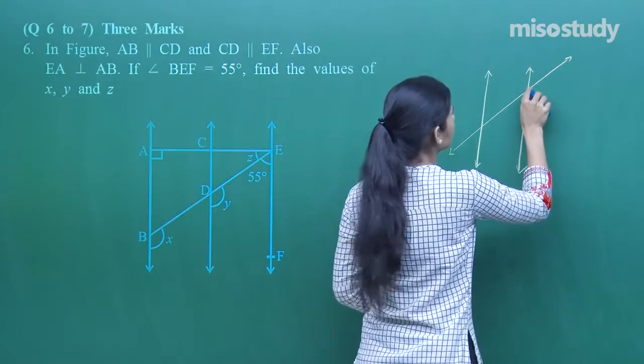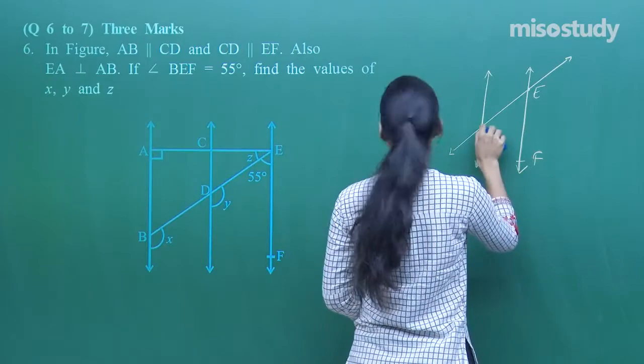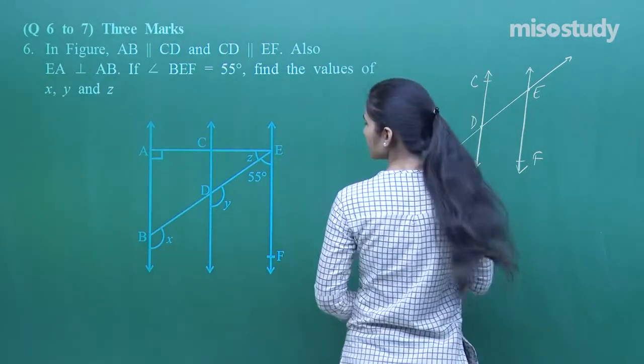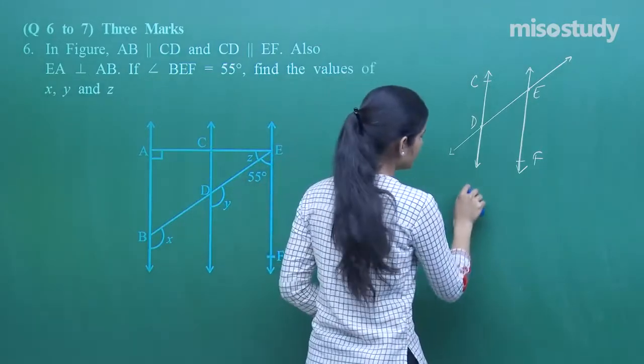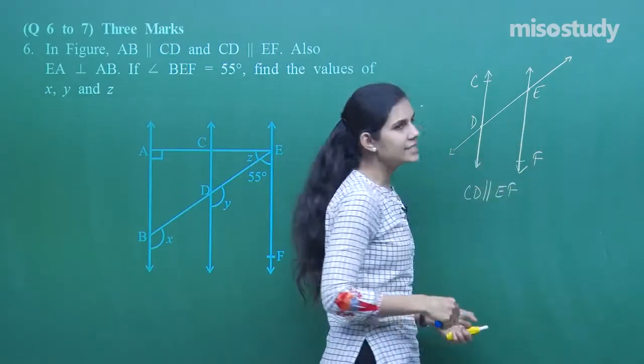Okay, so say this point is E, somewhere here is F, this point is D, somewhere here is C. So in here, if these two lines are parallel, CD is parallel to EF, clearly this line is acting as